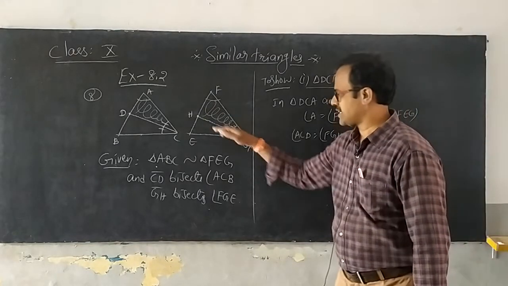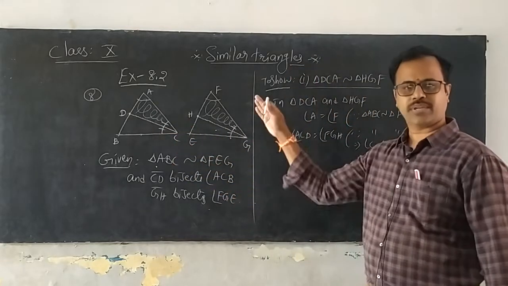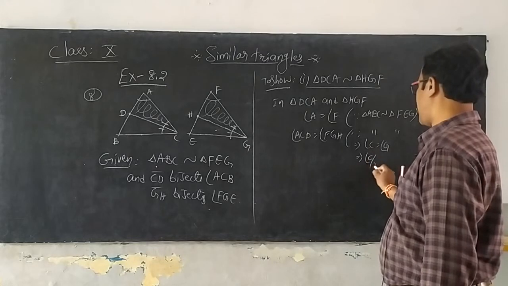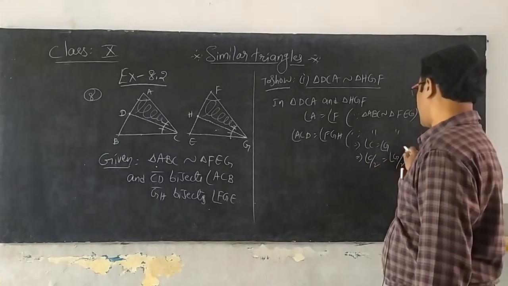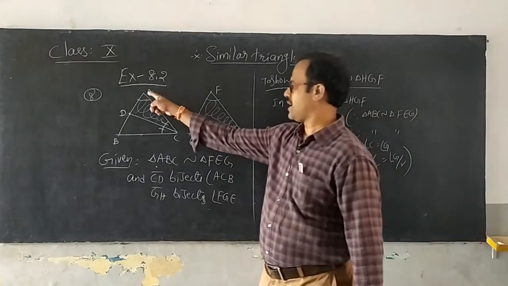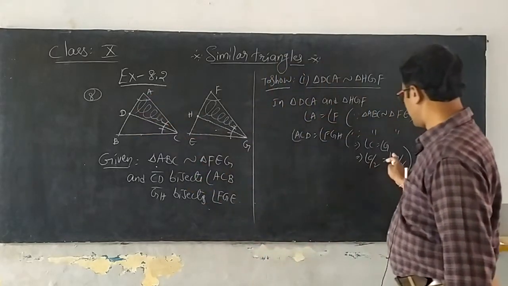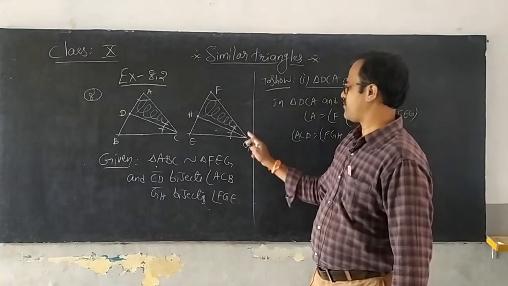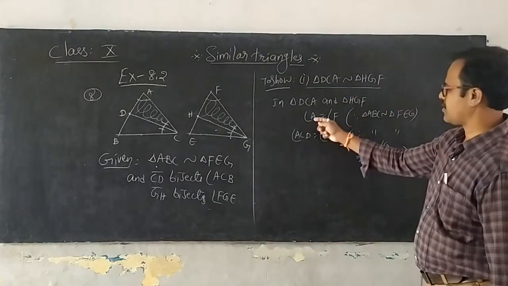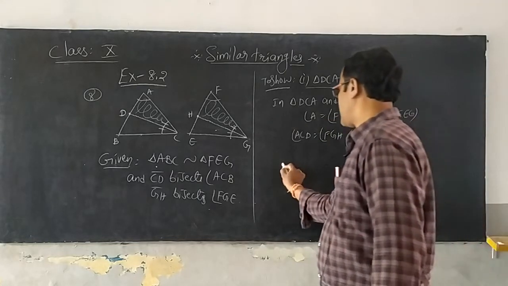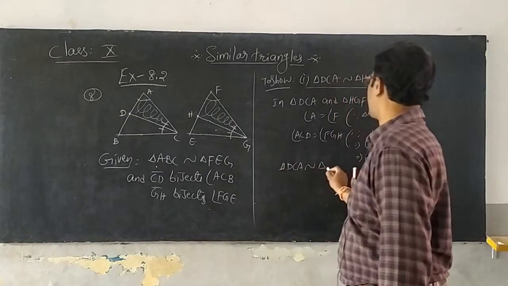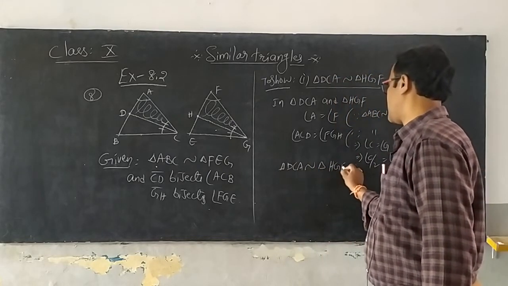As they are bisected, you know, bisecting means making into 2 equal parts. So as we are bisecting, you say angle C by 2 is equal to angle G by 2. Angle C by 2 is nothing but ACD. Angle G by 2 is nothing but FGH. Is that clear? So 2 angles of one triangle are equal to the 2 angles of another triangle. You say triangle DCA is similar to triangle HGF.